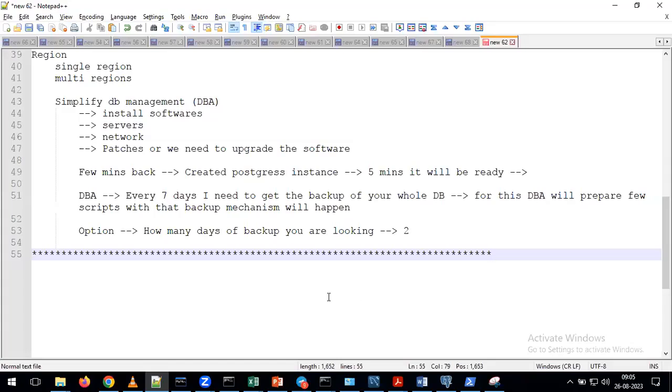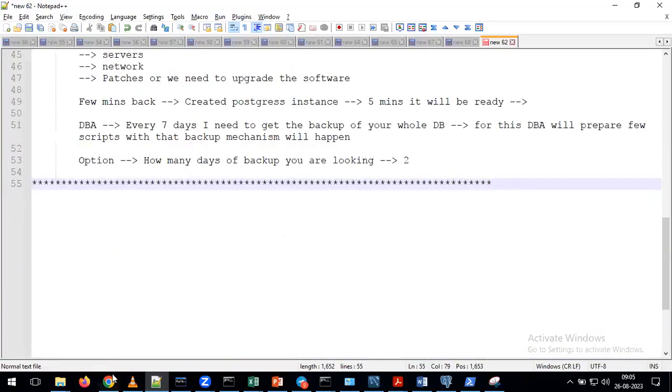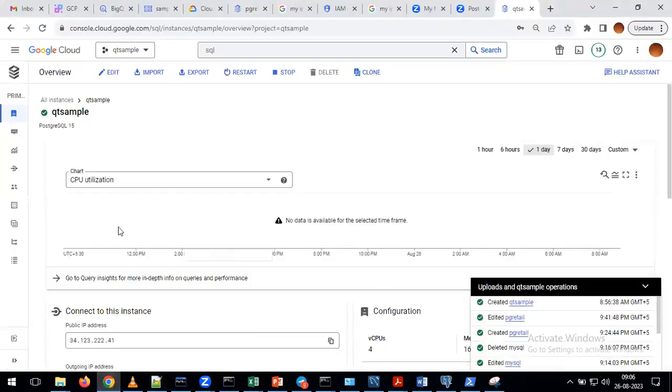Okay, sir. Thank you. Now, just to go back to your Cloud SQL once, just to verify, are you seeing this green button or not? Just observe in the Cloud SQL, are you able to see this green button on your console? If you are seeing the green button, it means your Postgres is ready for the purpose of doing your work.